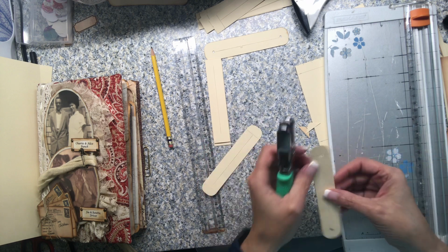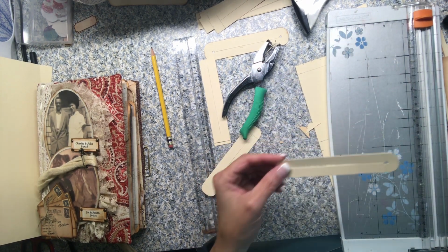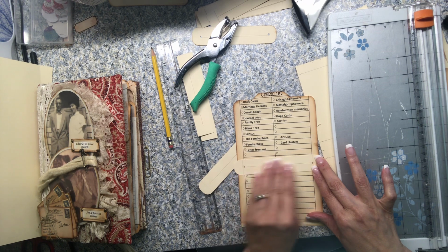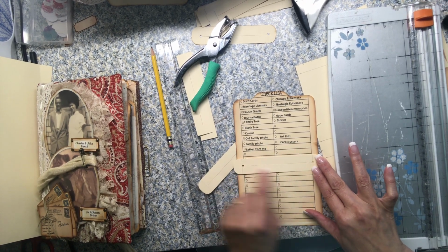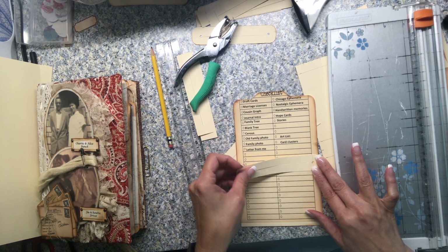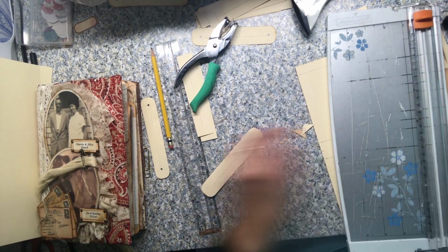And the reason I'm punching the hole at all is because once it's on the paper that I'm going to create the pocket on, then I'll use the edge of the circles of the punches to thicken this slit into a bigger hole for the pocket. So with that being said,